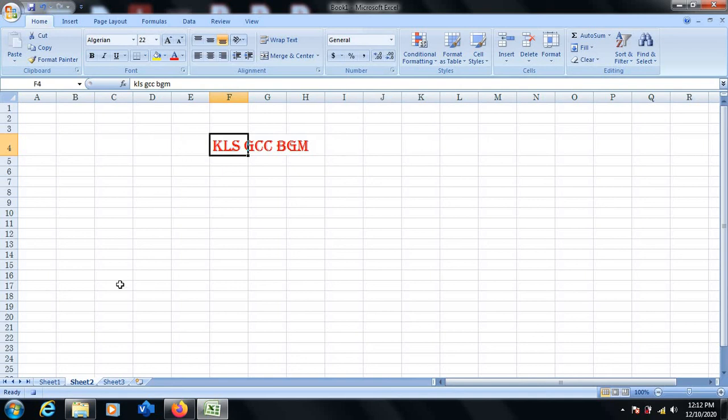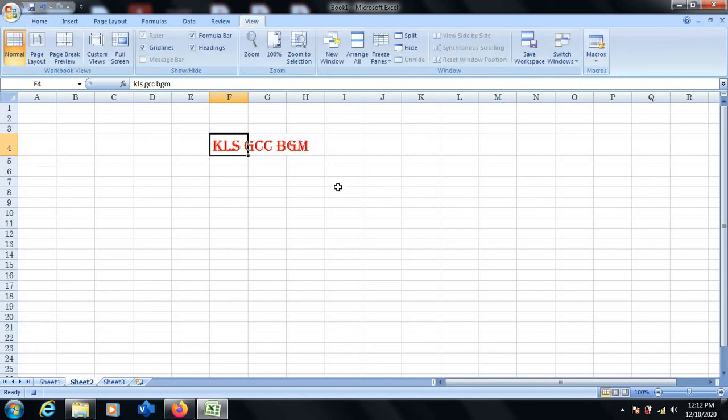And to stop recording our actions, to stop the macro, either you can go to the View tab and macro to stop it, or the shortcut is to come down to the bottom left corner of your taskbar and click on this window, which will stop recording the macro. Click on this. Now macro recording has stopped.